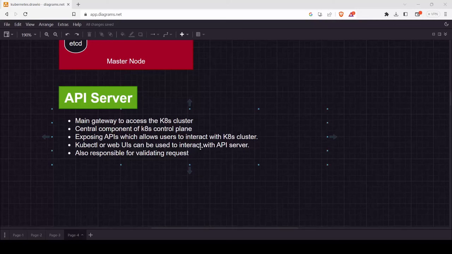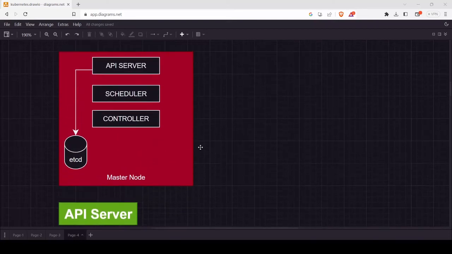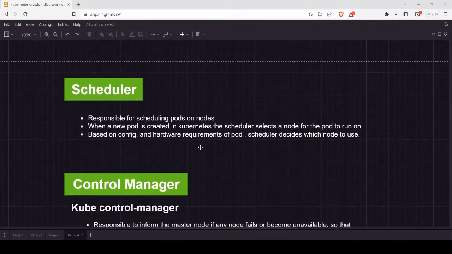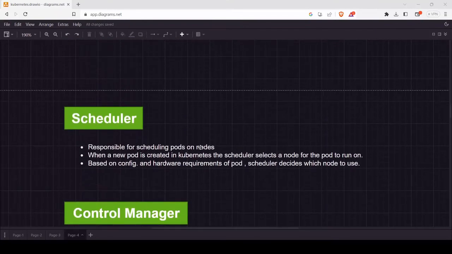Okay. So this is about the API server. I hope you got it. And then next, moving forward, we have another one, the scheduler. Okay, so here you can see the scheduler. A scheduler is, as the name suggests, used to schedule the pods. Okay, so basically what happens, you can see the first point, responsible for